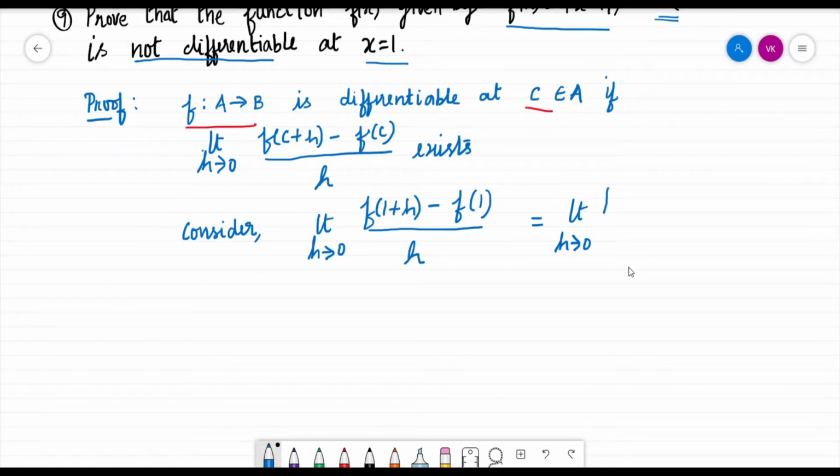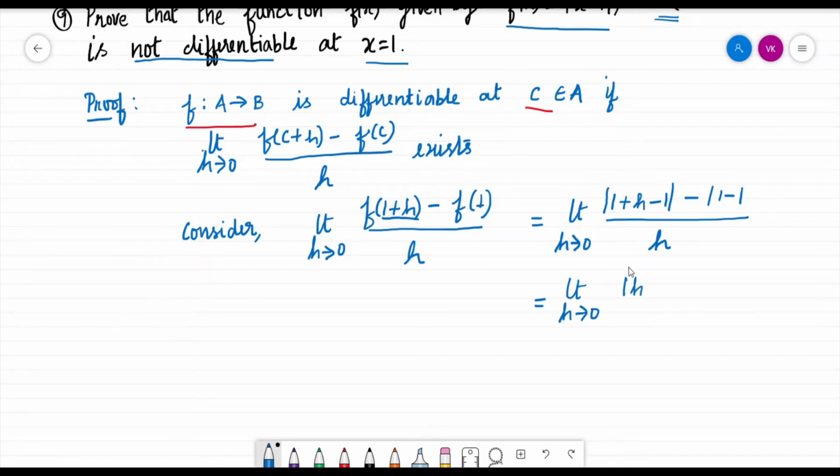So here x is 1 plus h. So it is modulus of 1 plus h minus 1 minus f of 1. So here x is equal to 1, modulus of 1 minus 1, divided by h, that is equal to limit h tends to 0